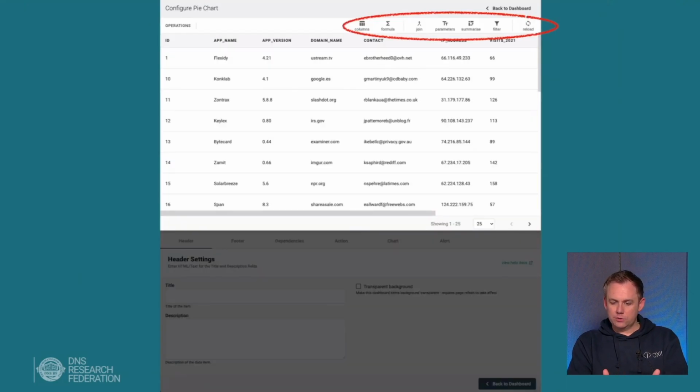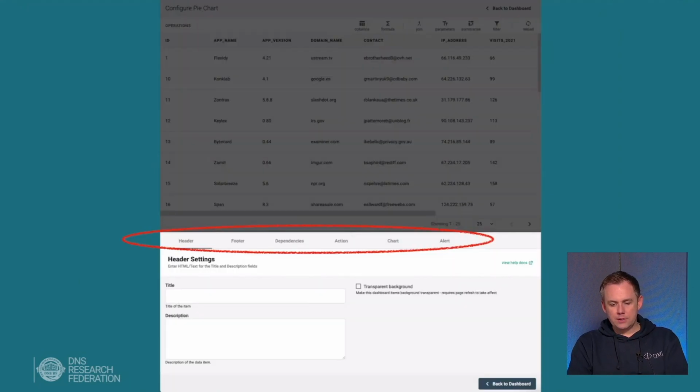You will then see your data presented in tabular form. You can go ahead and perform any other transformations that you wish, such as filtering, joining, and summarizing. Once you've done that, you can then at the bottom of the screen configure the actual item itself. So you can give the widget a title, a description, you can set footer properties, and also configure the chart